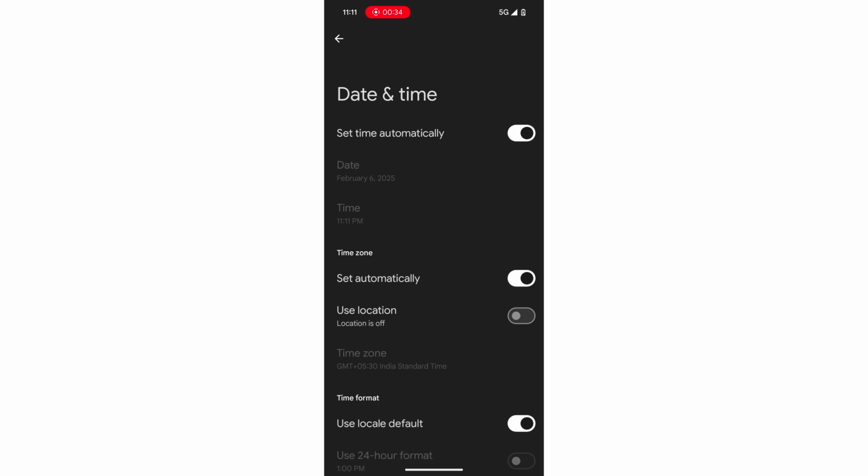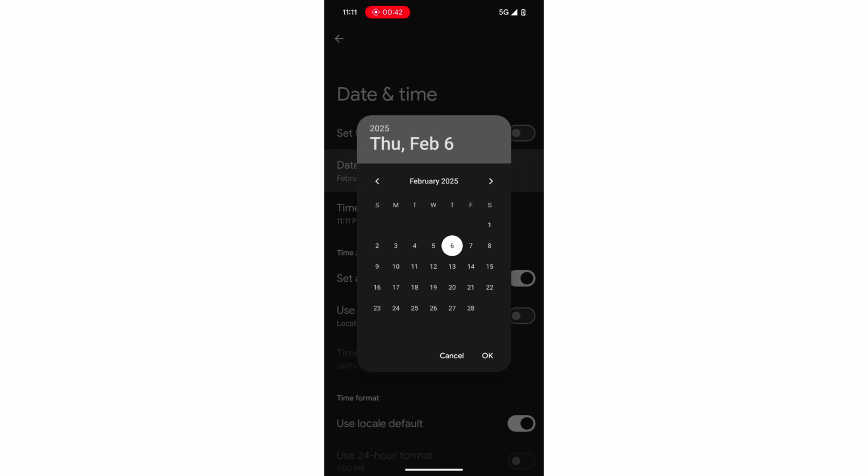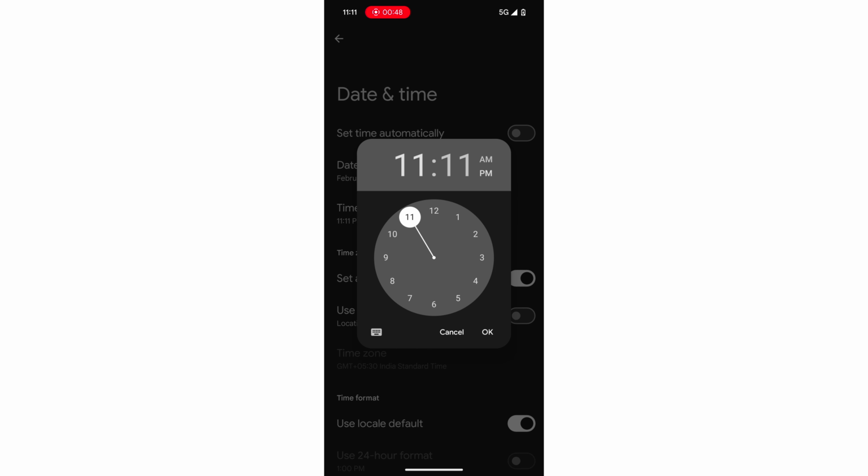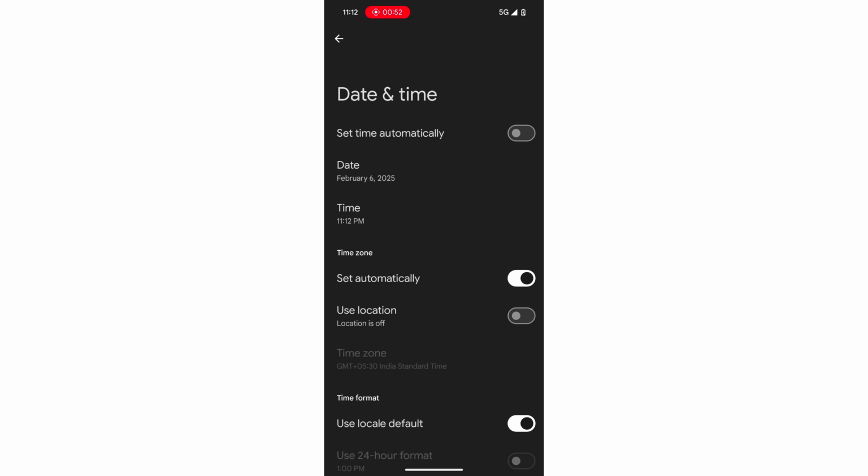Click on that, and here everything is set up automatically. But if I want to set up my own date, I have to turn the automatic thing off. I can click on date, and that's how I set up my date. And same goes for time. If I want to set it up manually, I can just turn it wherever I want, and it automatically gets